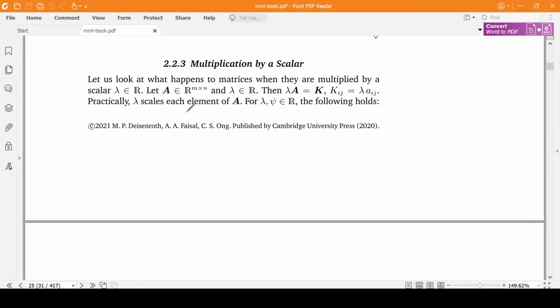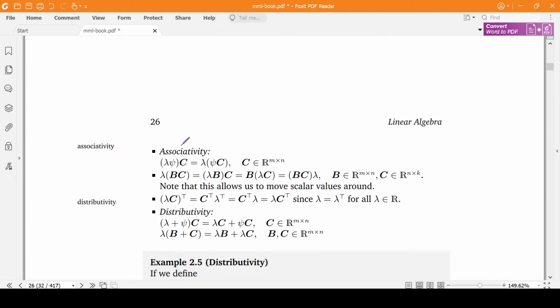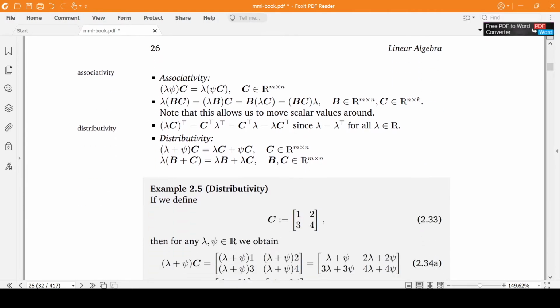So last time we looked at what happens when we multiply a matrix by a scalar. Since I've already introduced the multiplication of a matrix by a scalar, let's discuss some properties. Okay, so we see that